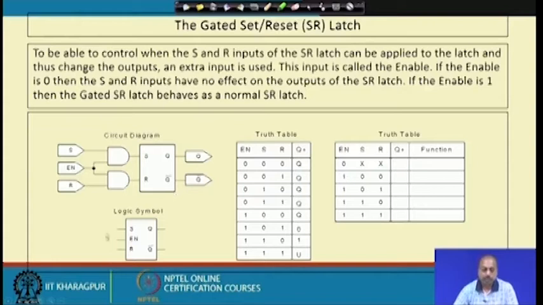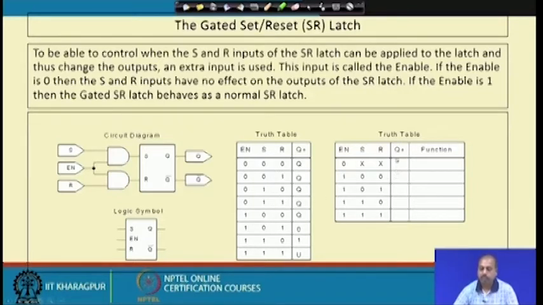Whereas, if we take this enable signal to be equal to 1, then whatever values of S and R are coming will reach the S and R inputs, and accordingly the circuit behavior will be determined. So, we can say that a detailed truth table can be like this. When enable is 0, S and R being 0 0, 0 1, 1 0 or 1 1,